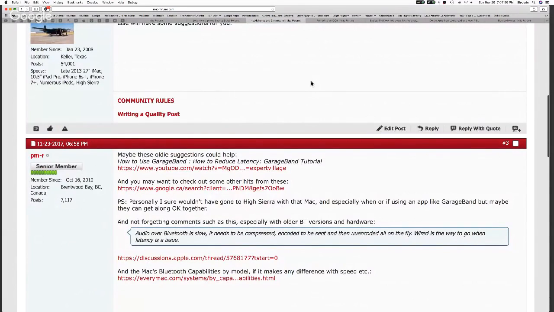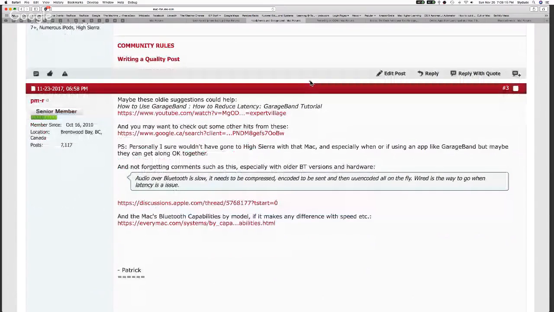And there may be some other applications that would be more advantageous. I think GarageBand will work. I've read of other people using this kind of setup for GarageBand. So the question is, what are they doing to cut back on the latency? And these tips may certainly prove helpful. All right.